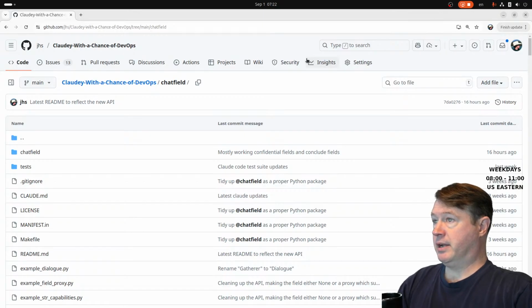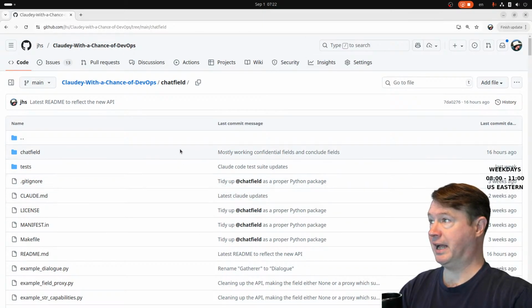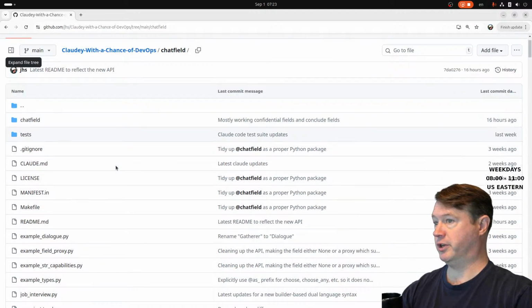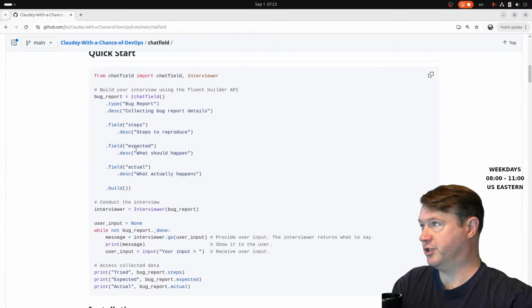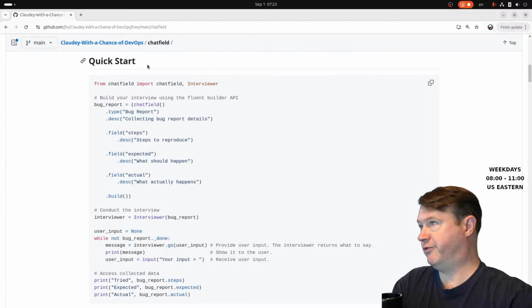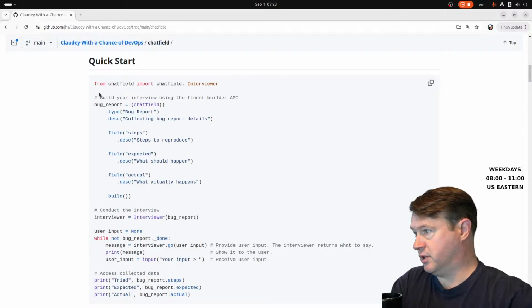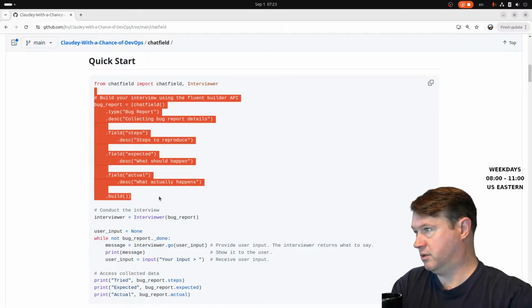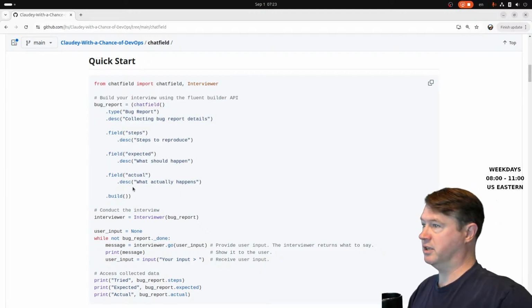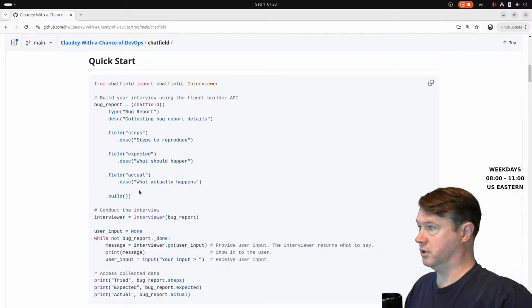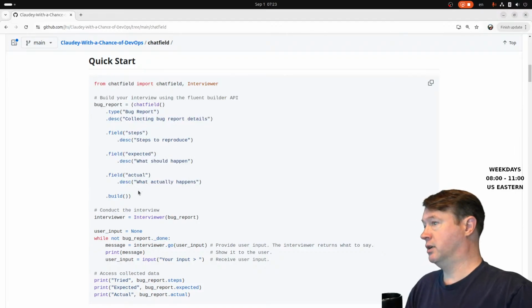Now, let's write some code. The last thing that happened, I put, oh yeah, new API, new README. So we're in Chatfield here, collecting data through a conversation. What Chatfield will be is this nice syntax. Sorry, I don't like pronouns in software. So the developer can just sort of define a data model,